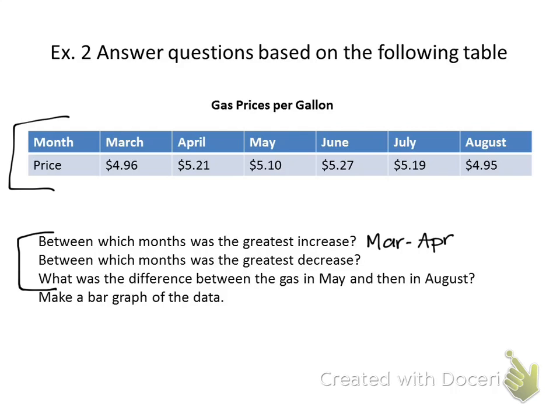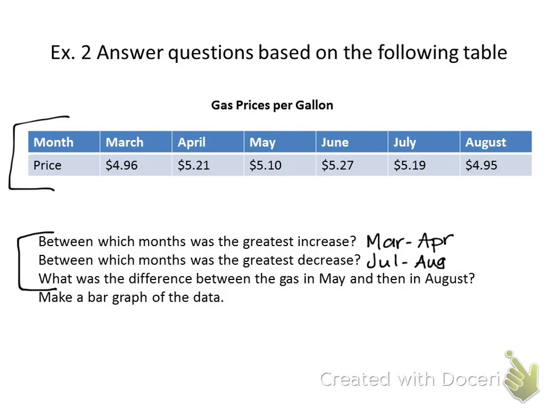Now, between which months was the greatest amount of decrease? So how much between the 2 months that it went down the most? Andrew? July to August. Perfect. And how much did it go down from July to August? 24 cents. Very good. Now, the last question says, what was the difference between the gas in May and then